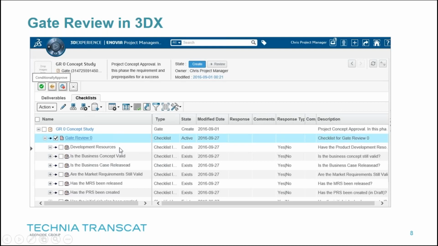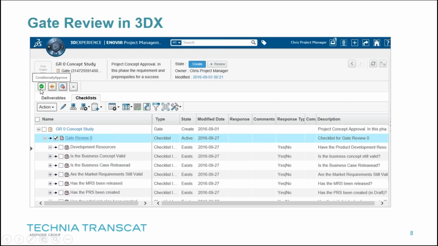Do I have the relevant development resources? I should either say yes or no, and if I'm fine with this, I'll have a response yes, and this one will be green. I can add my own comments here, but an important part here is that I have to approve the actual gate,